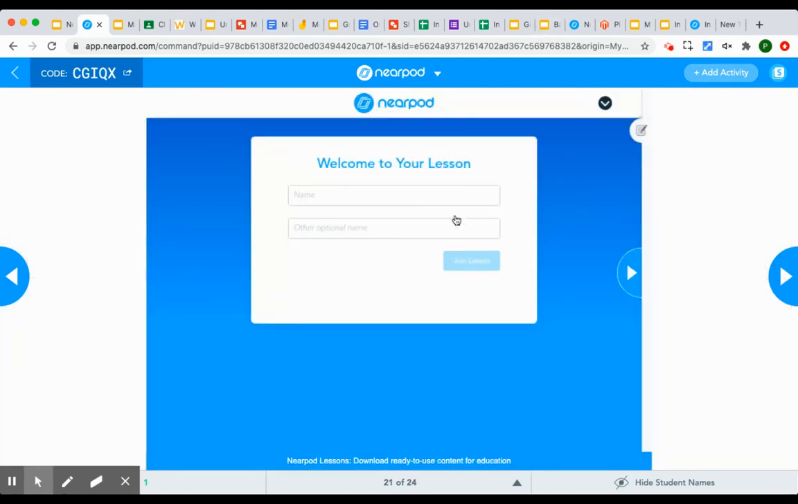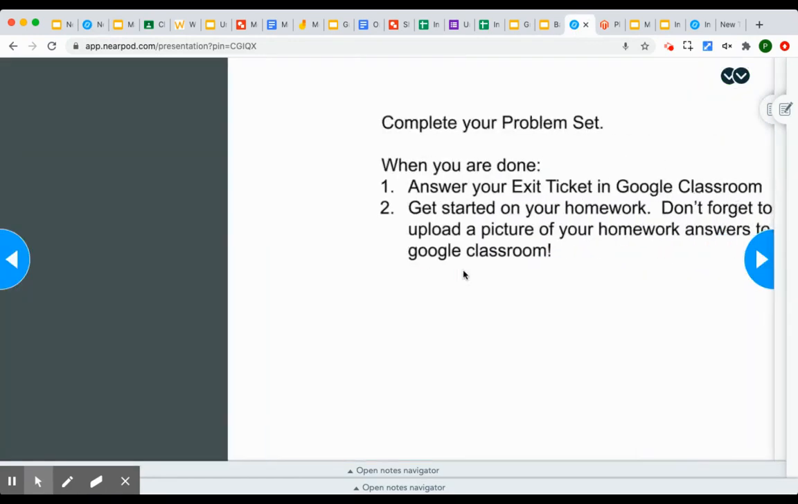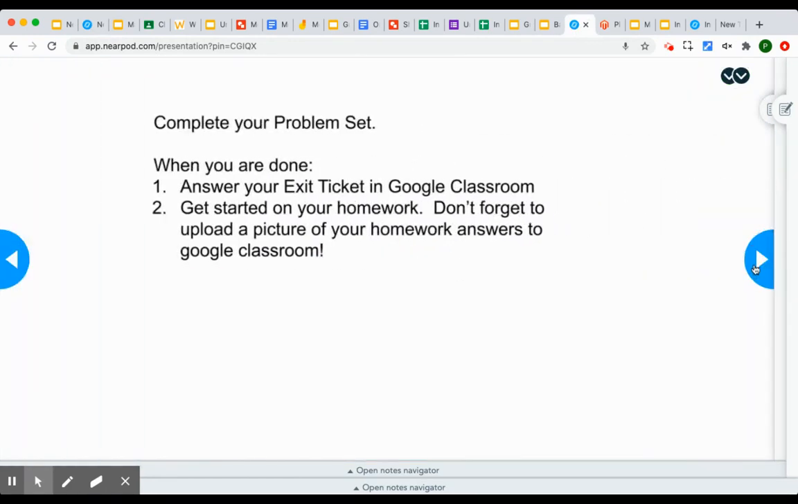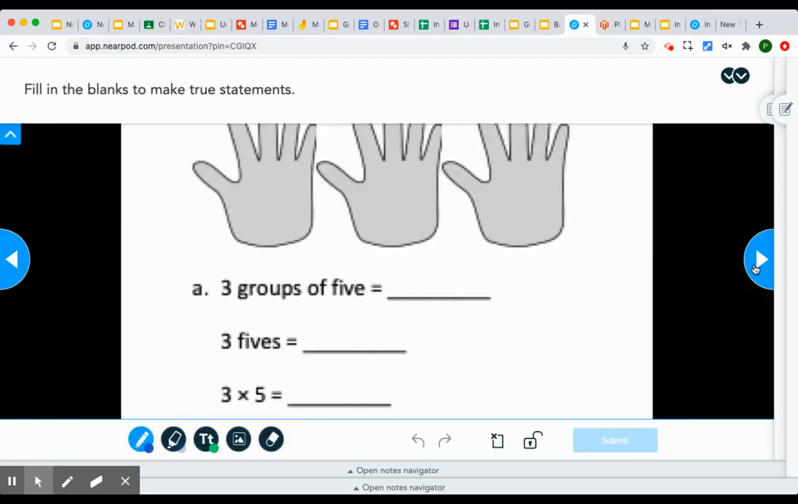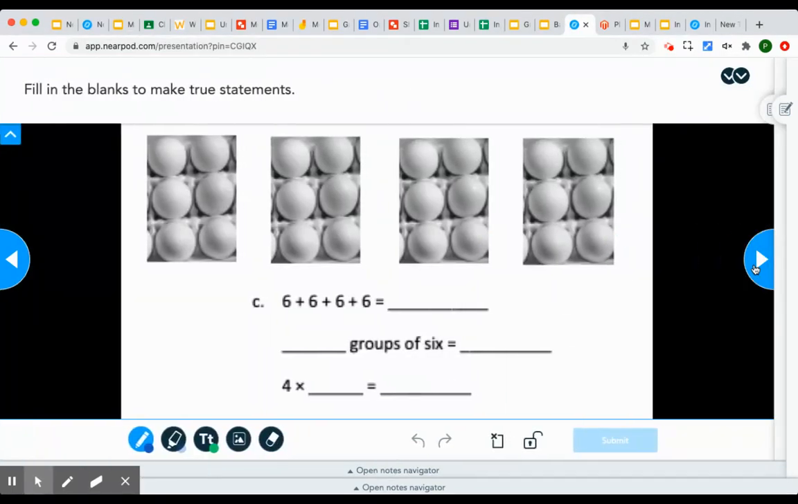The last option here for independent work is embedding a self-paced Nearpod. When I go to this screen, you'll see on the student side that they now have an option to sign in and they can work through this at their own pace. Every kid can work at their own pace through it. I can see all of their work in real time as it's happening, but they're working at their own pace through that because I